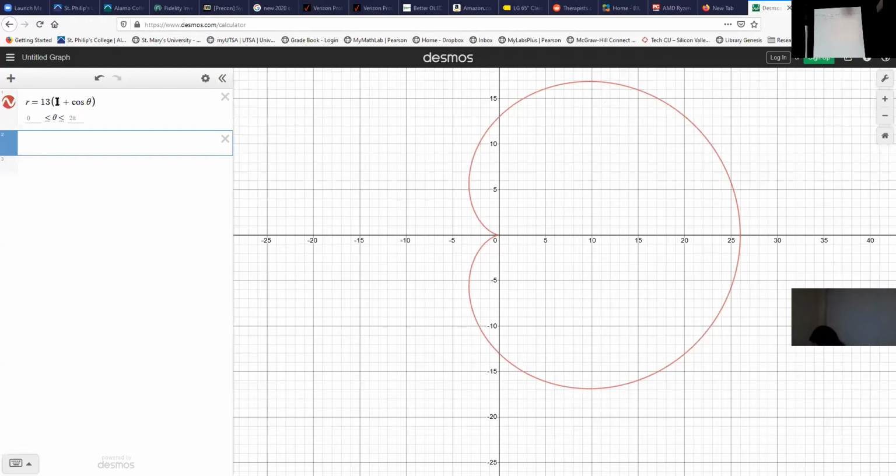Some number A times 1 plus cosine tells us it's a cardioid. So all you have to do is use your calculator or grapher and tell me what kind of graph it is. So you'd say it is a cardioid, and this is the general shape. If you were to do it by hand, you'd have to plug in values from the unit circle and estimate this, but it takes a bit, and it's not really worth it. It's not too bad though, but